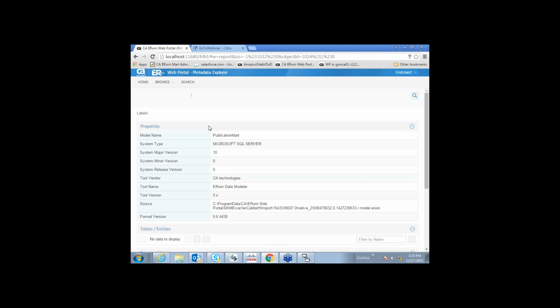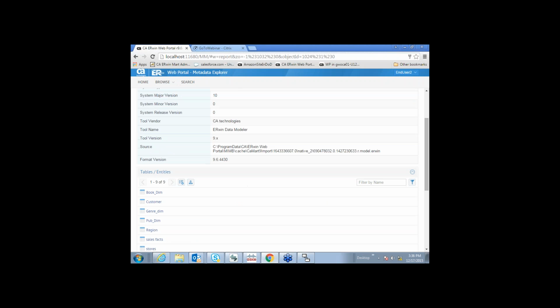I can see all the details about it, see all the tables and entities involved with it, and look at the diagrams that are in that model from a graphical perspective or a textual perspective, as you can see here. There are only a couple of different things to learn about this particular web portal in terms of browsing around. You can look at different data models. You can look at other things within the data models. You can look at all the entities, all the tables, the attributes, and basically all these links open up pages in the web portal that are very similar to what you're seeing here now in the background.